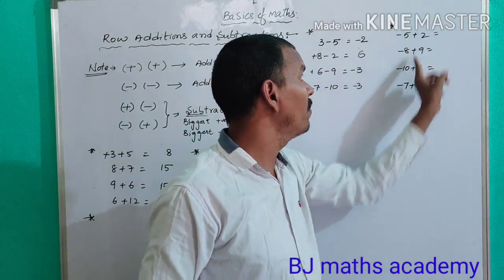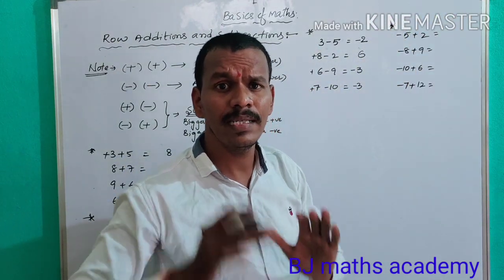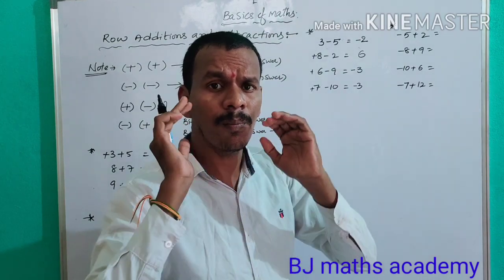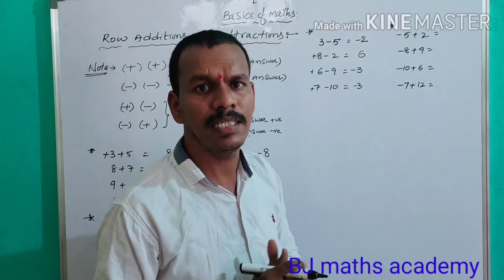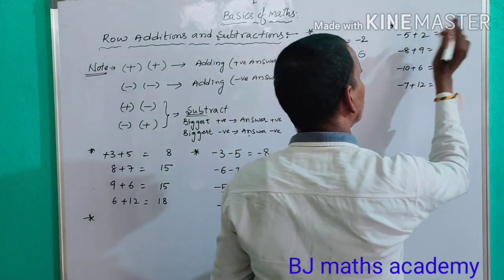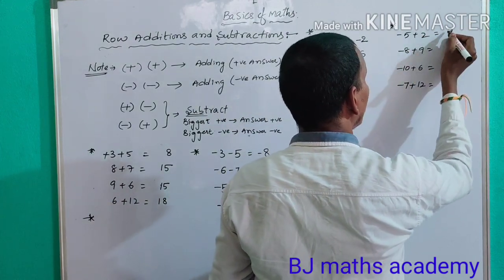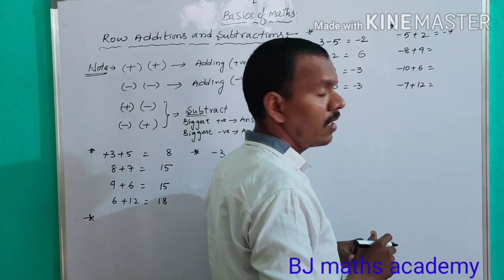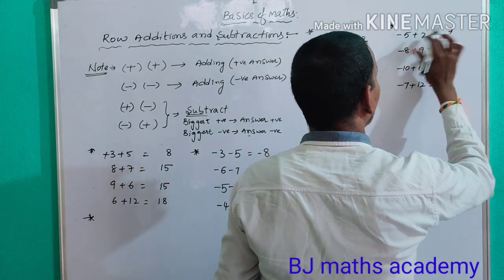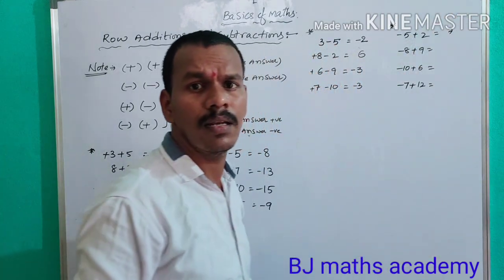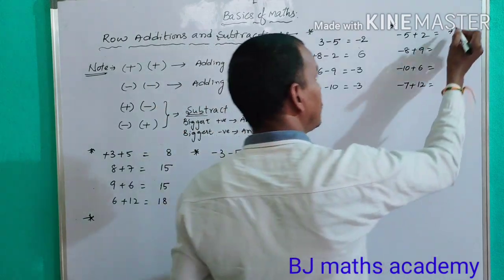Don't think of the plus in the middle. Some students are making mistakes here only. They think the middle plus means 5 + 2 is 7, and since a minus is before it, they write -7. Otherwise they do 5 + 2 is 7, leave it, and just write 7. So it is the wrong way.